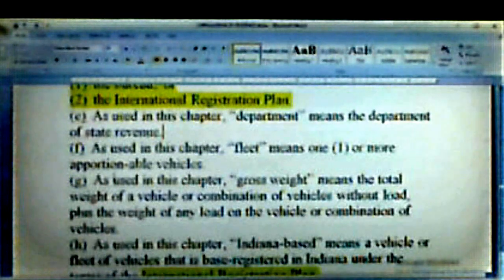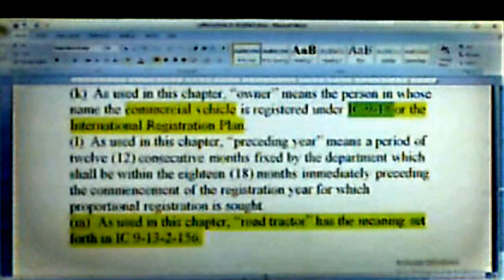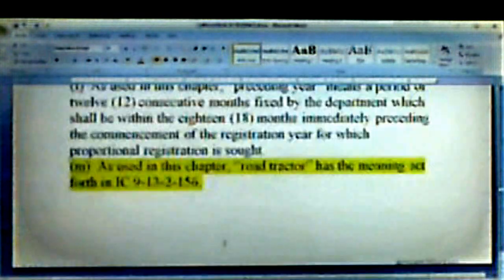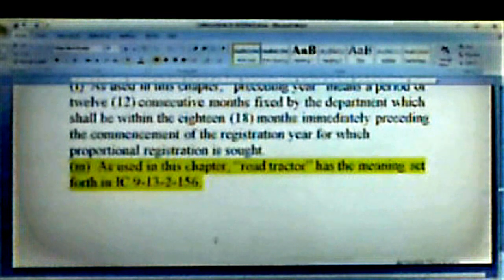So everything from C on down is a commercial motor vehicle, right? And it says, as used in this chapter, owner means the person in whose name the commercial vehicle is registered under IC 918. So look, once you've registered this thing, you've now told them, hey, I'm operating in commerce, and you have a right to stop me, detain me, harass me, screw with me all you want. Okay? So, as we scroll on through, because we now know that it's without a doubt that it has to do